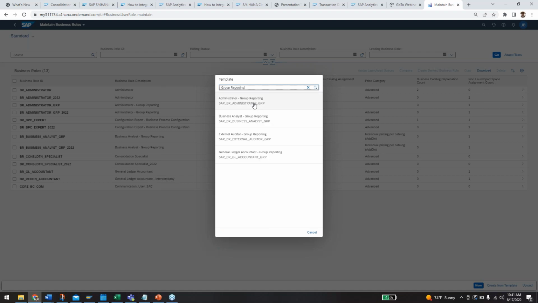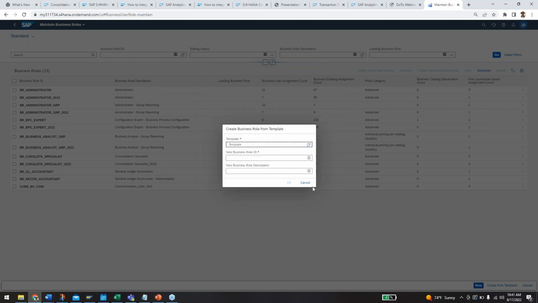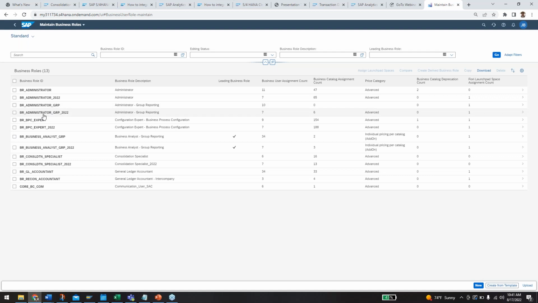And then you're going to get these. You basically create this. I'm going to just show you what it looks like. So I created these new versions for 2022. So if we look at, say, the consolidation specialist role,